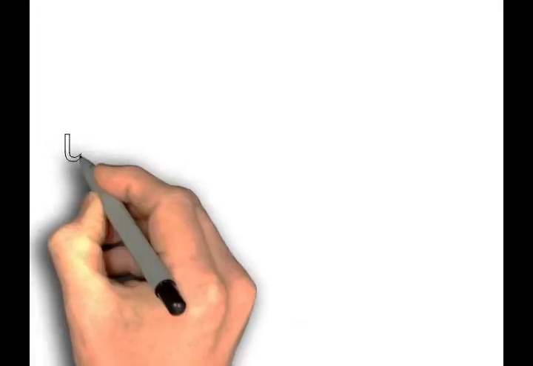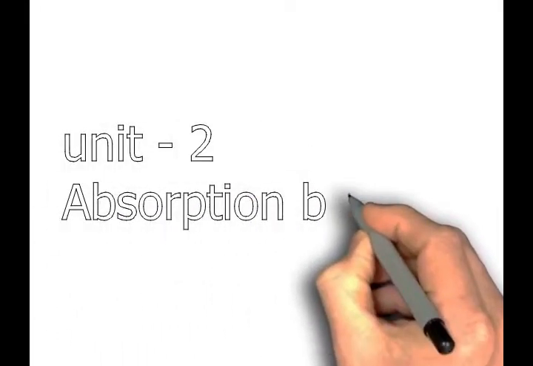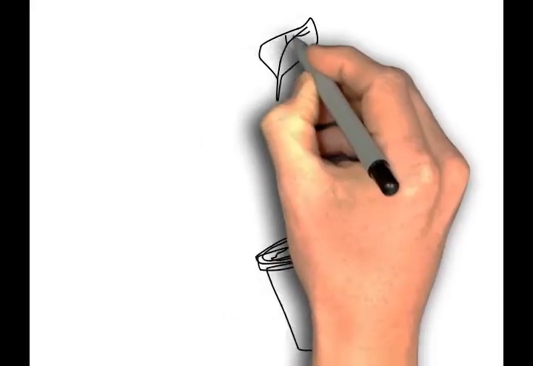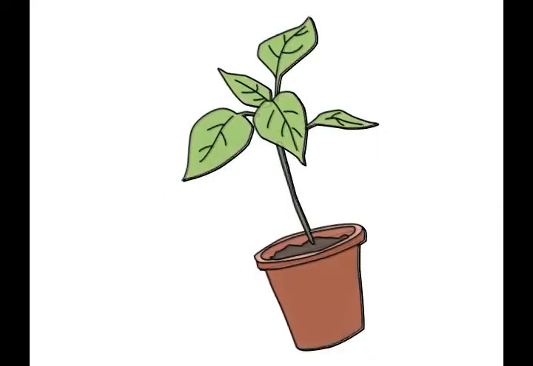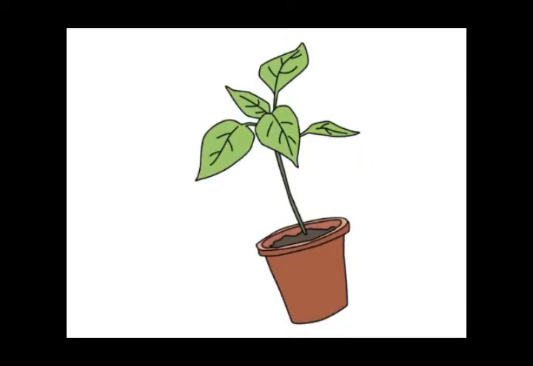So, here we are with the second unit. We are going to begin the second unit of biology, and I think this is the fourth session of our class. In this unit, we are going to start plant physiology, which is not a new chapter for you, something you have an idea about because you have studied it in your lower classes.